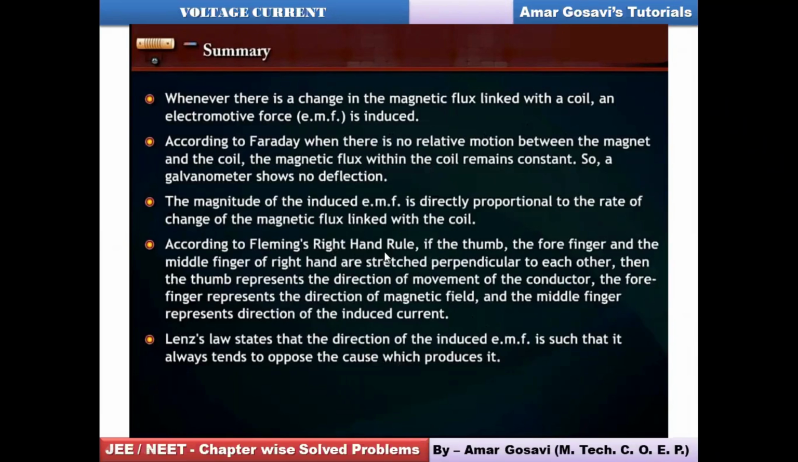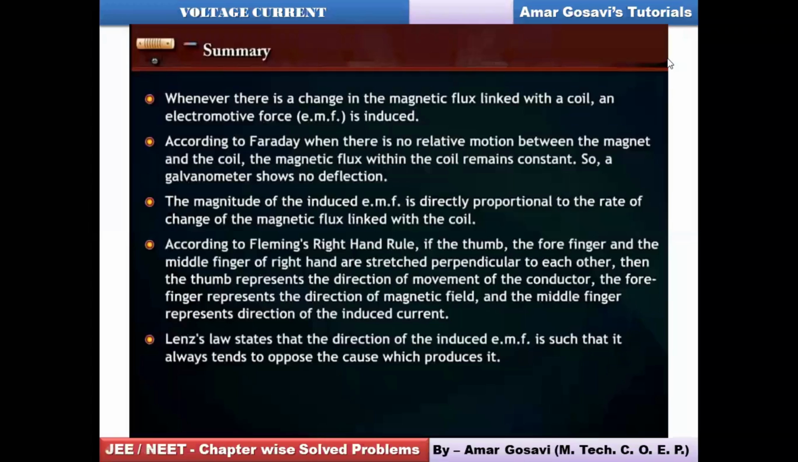Now what does this right hand rule say? Basically, if the thumb, forefinger and the middle finger of the right hand are held mutually perpendicular, the thumb will represent the direction of the motion of the conductor. The forefinger represents the direction of the magnetic field, and the middle finger will represent the induced current. Now, if we take the discussion further, friends,